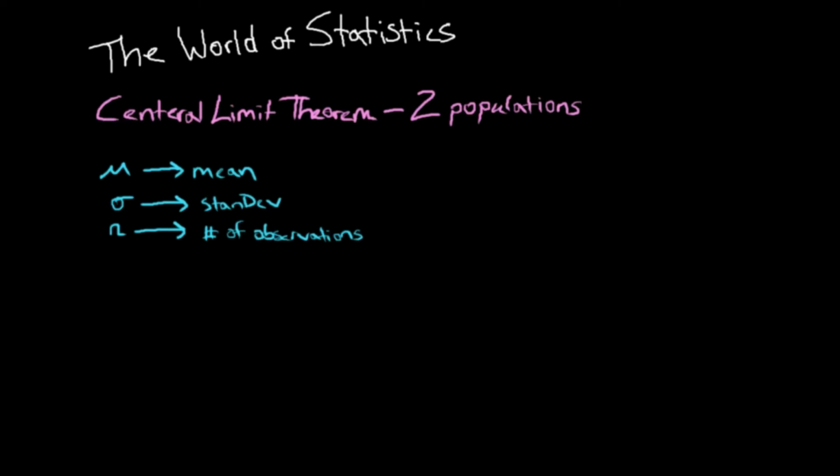Some points to think about: we'll be given a mean, a standard deviation, and the number of observations for both groups. Once we know that we have this information, we can then use the following formula, transforming it to, of course, the z value. So the formula is going to be z equals